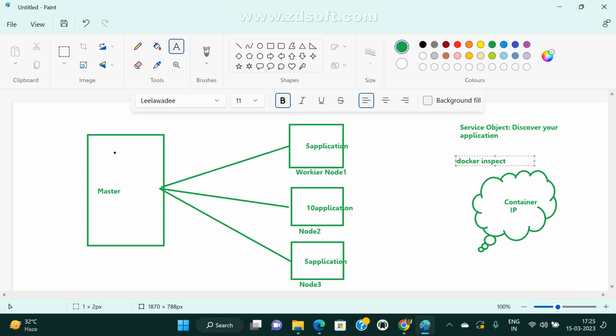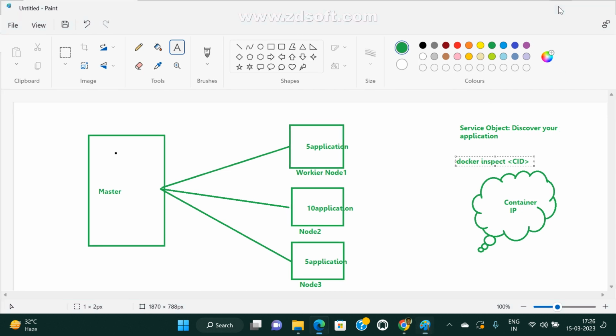If you use docker inspect with the container ID, you can see the container IP, how many resources it uses, and a lot of other information.